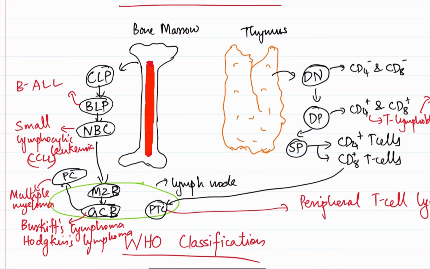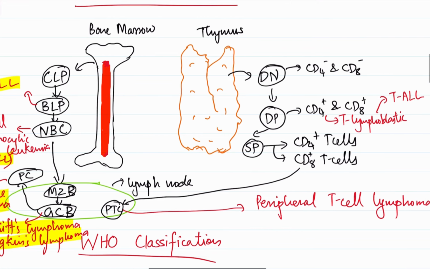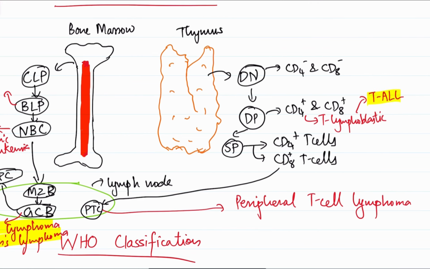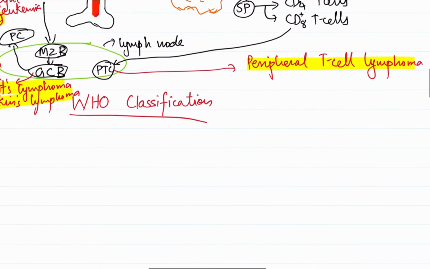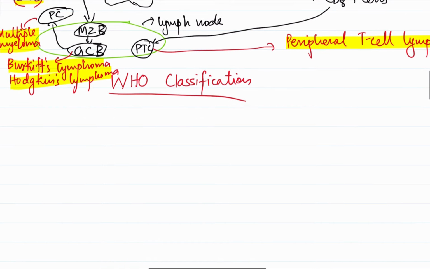Once again, to brush it up, we have the lymphoblasts giving rise to lymphoblastic leukemia. We have the naive B cells giving rise to chronic lymphocytic leukemia. We have the germinal center B cells giving rise to Burkitt's leukemia and Hodgkin's lymphoma. We have the plasma cells giving rise to multiple myeloma. When it comes to the T cell, the T lymphoblasts give rise to lymphoblastic leukemia, whereas the mature T cells give rise to peripheral T cell lymphoma. So that's about it. Now we move on to the WHO classification of